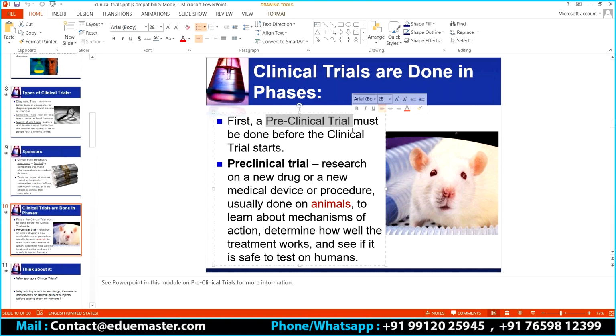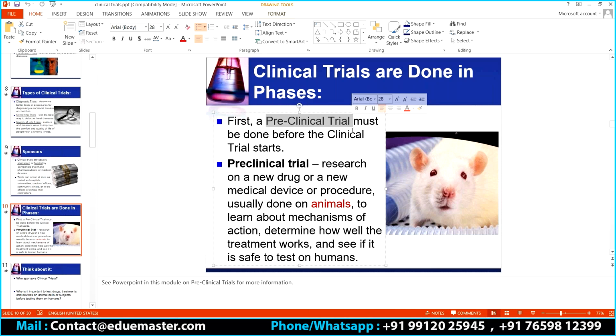Preclinical trial. It is the first stage. What exactly is the preclinical trial? You're finding a new drug, or you're going to bring a new medical device, or you're coming up with a new procedure that we haven't done on any human being before. So